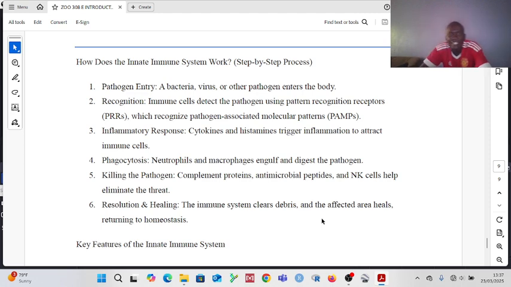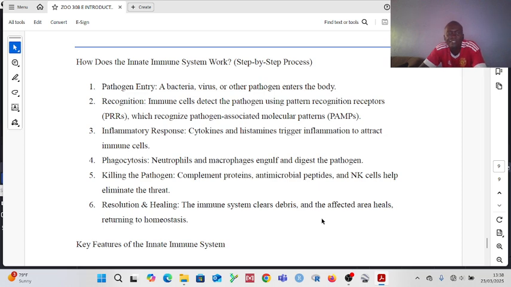So how exactly does the innate immune system work? Let's give it a step-by-step process. Let's look at it step by step. So one is the point where the pathogen enters. Remember, if it inhibits the pathogen, then it will not enter. But if there is entry, then it means it